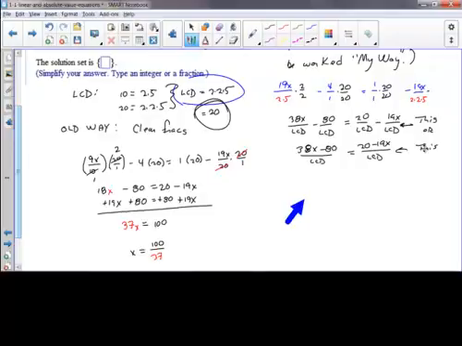Now, because it's an equation, I can ditch the LCD. And that should put us